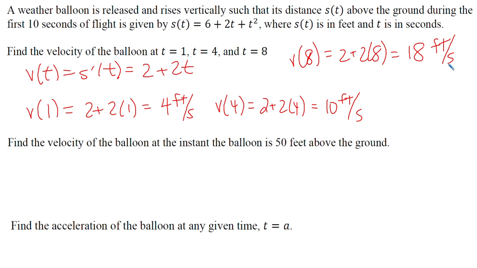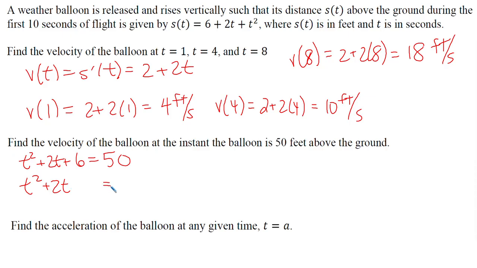We want to find the velocity of the balloon when it is 50 feet above the ground in the second part here. So all we need to do is first find the time when the balloon is 50 feet above the ground. So we'll start by setting our function t squared plus 2t plus 6 equal to 50. We can choose to either solve this using the quadratic formula, or we can solve this by completing the square. Again, I may have used the quadratic formula in the answer key, but I always prefer to complete the square